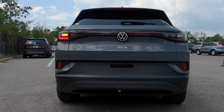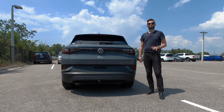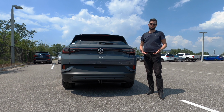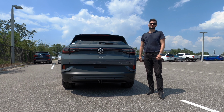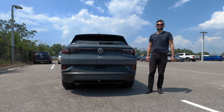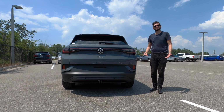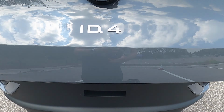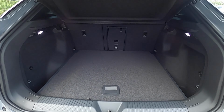grille pattern is inside, and it starts making more of a sleek design, integrating into the Volkswagen badging and the ID.4 print. Going back to the rivals, this is going to be more of a traditional SUV with that fastback design look. Go to Tesla, it's going to look like it's going to Mars. Hyundai, it's going to have that 80s vibe. Nissan, it's going to be a little bit in between with a power liftgate going inside 30.2 cubic feet of